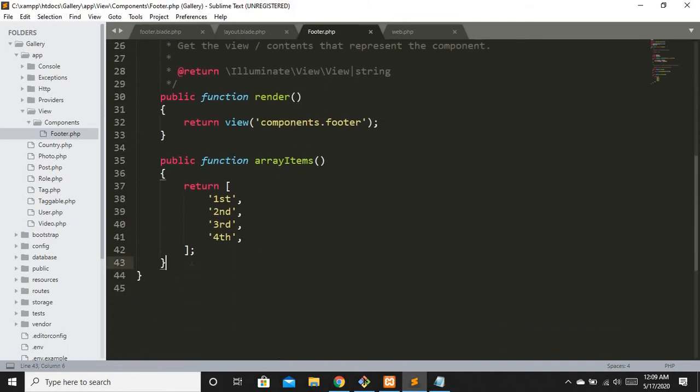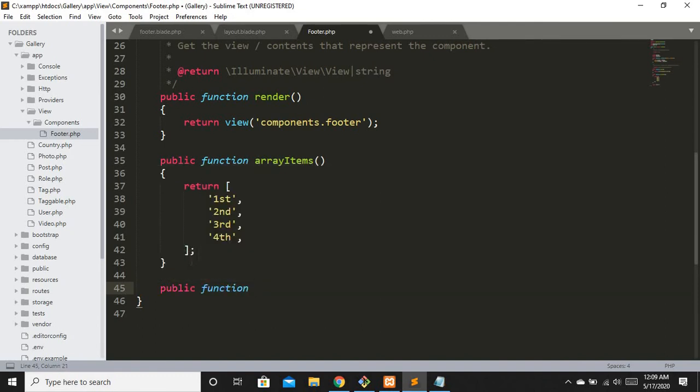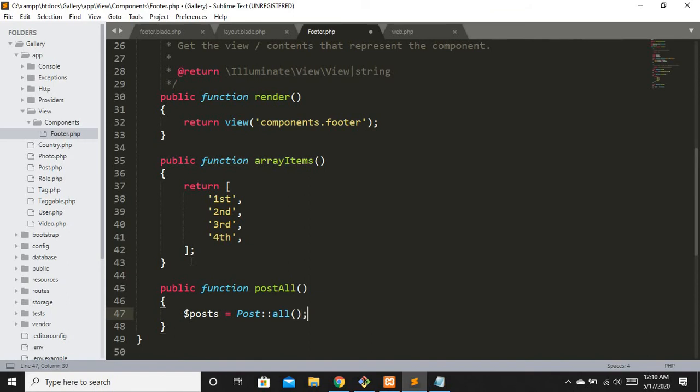Here I'll write a public function post all, nice and simple, and get posts equals Post find all. Let's find all the posts.